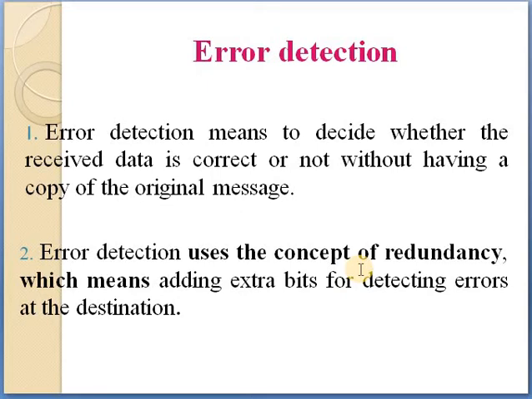Redundancy allows a receiver to check whether the received data was corrupted during the transmission, and redundancy is the concept of using extra bits in an error detection technique. A redundancy bit is also called a parity bit. Parity may be odd or even parity. Odd or even parity signifies that the total number of ones in a bit string is an odd or even number.